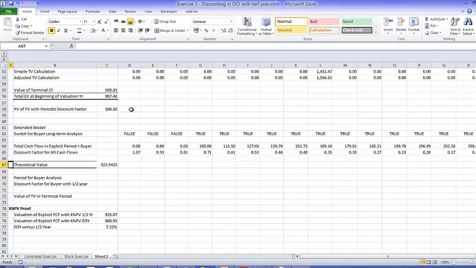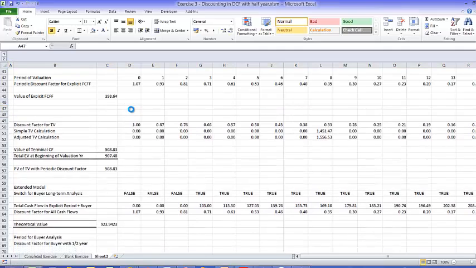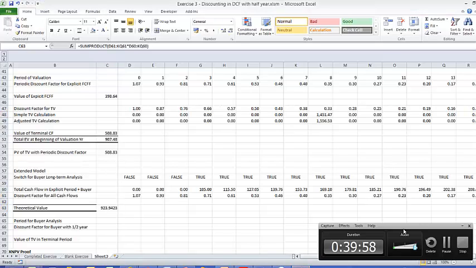Okay. So now when we total enterprise value, and why am I getting a little bit of a difference in value? I'm sure this is a